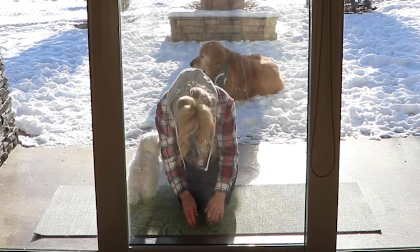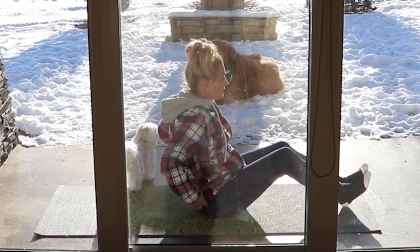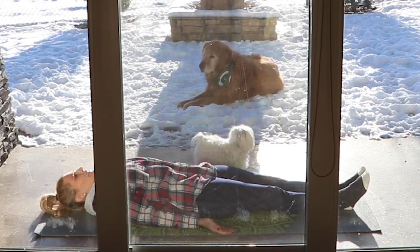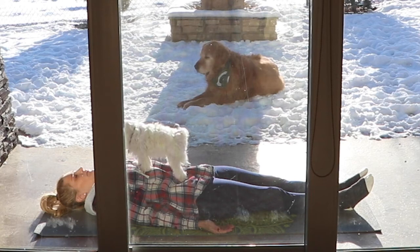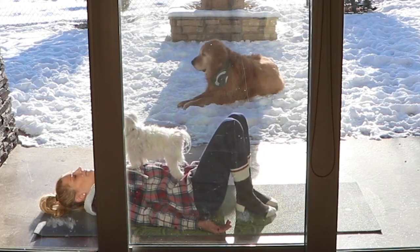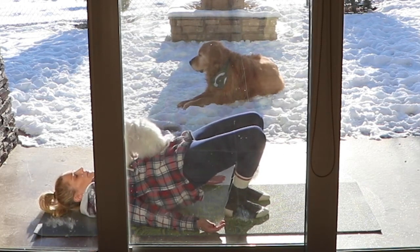Rising up, coming on down onto your back in a supine position, so laying straight down. Hands are facing up. Feel the energy of the earth below your back. Bring your feet up close to your bum, bending your knees, and raise your belly into a bridge